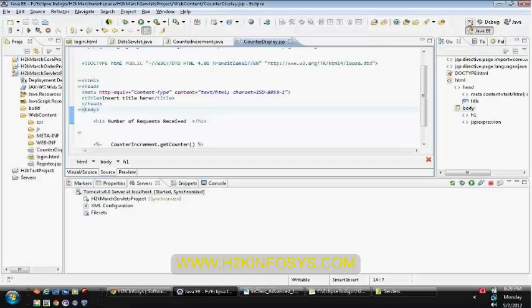Before that, just print the username. Write one more statement here: filter received request.